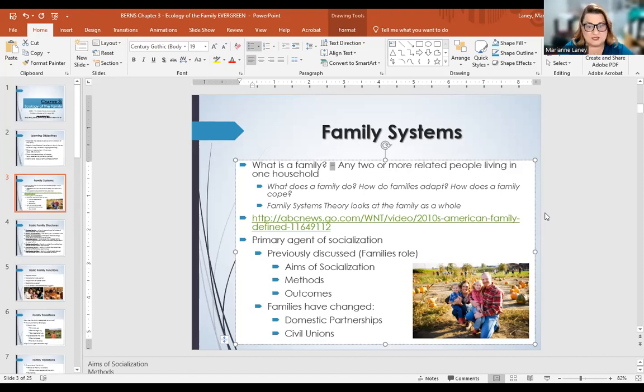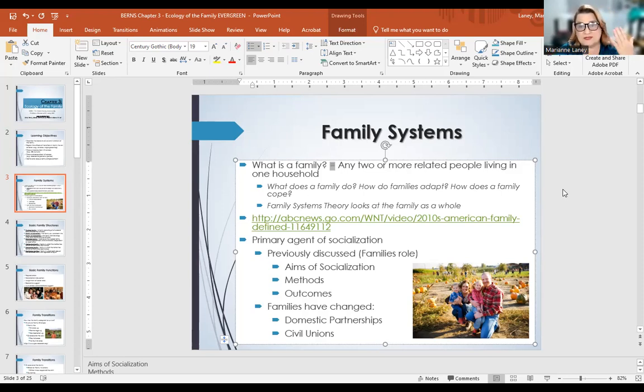But here's the thing: a child can be socialized by anybody. Again, mother, father, male, female, gay, straight, anything, right? It's how we are teaching our child to be the next level of human, and eventually an independent and properly socialized, properly raised, properly taught adult, even though that's different in every respect. And we'll talk about that a lot more here. The family's role: we talked about the aims of socialization in the last chapter.